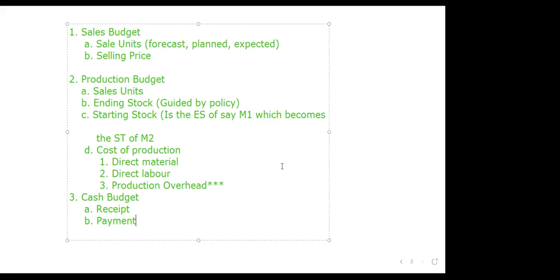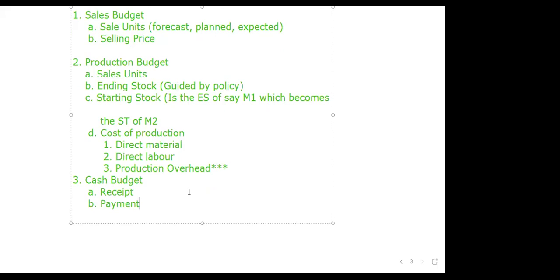But usually, this cash budget would compel us to do some few workings. So you may have to note this, right? That there are some workings that we have to do because of the cash budget. Which workings are these? The cash budget will compel us to work out something called, one, schedule of receipts